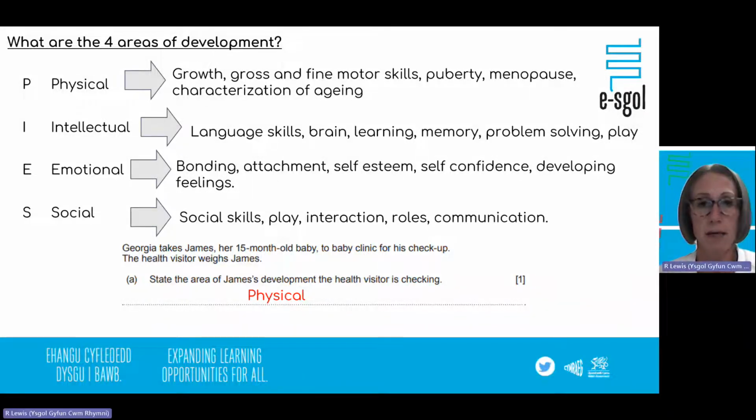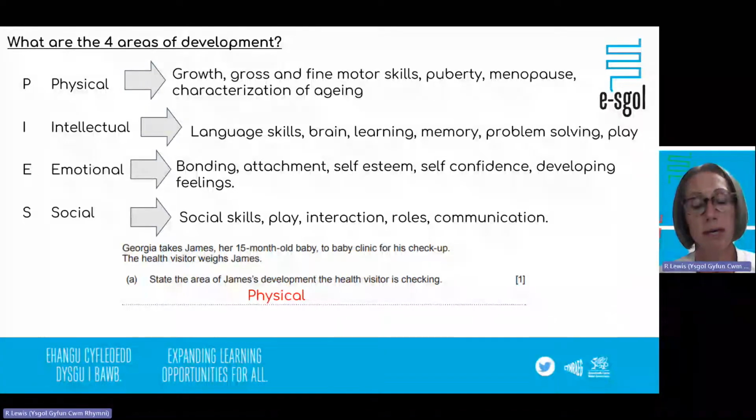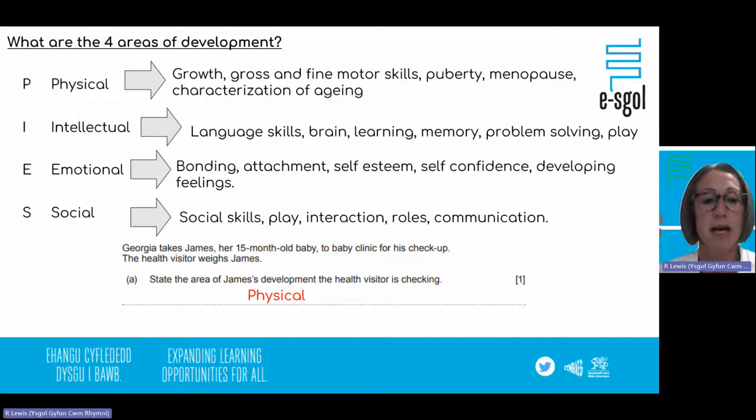Can we play and pick up different skills and abilities through play? And also our memory. Our E then is our emotional development. So as a baby, can I form an attachment and a bond to my key workers, mum, dad, etc. Do I have good self-esteem, self-confidence? Does this change and develop over time? And also develop feelings of my own, which I can control, and appreciate feelings towards others and how